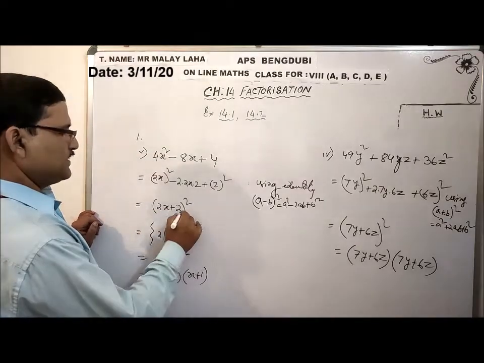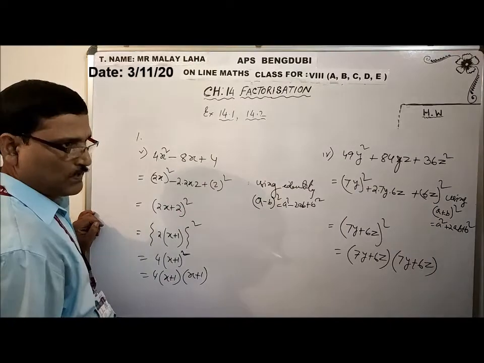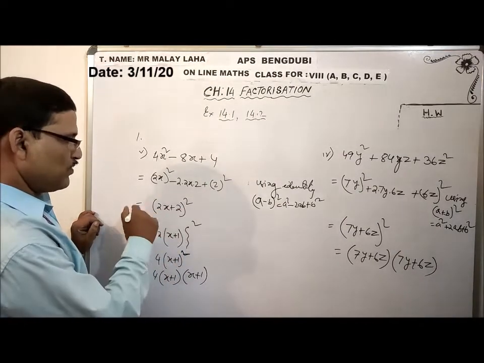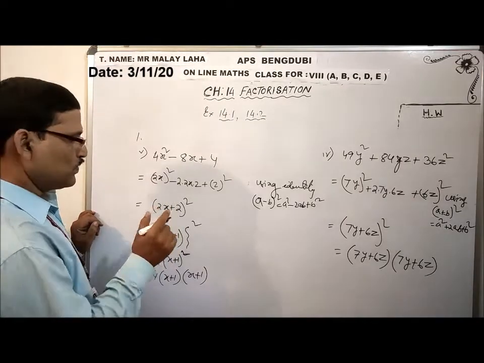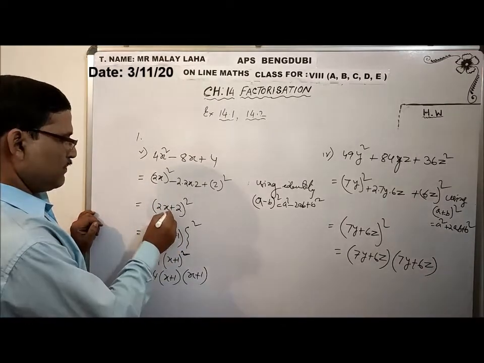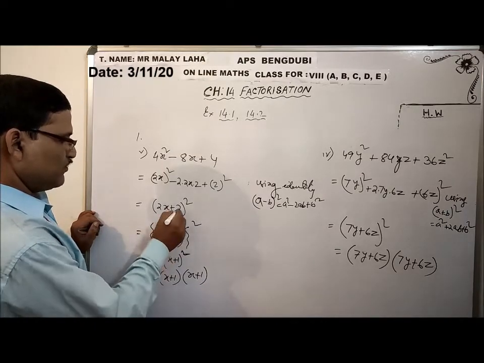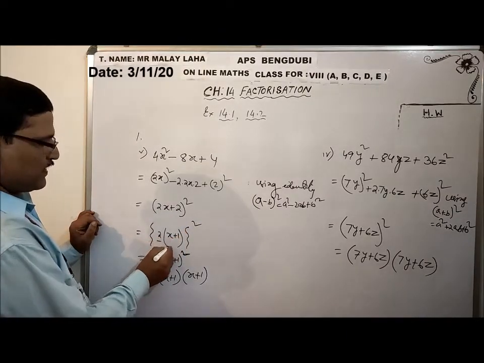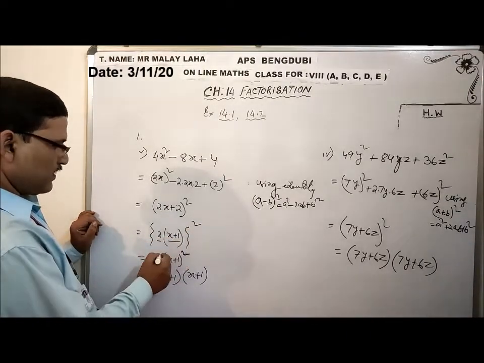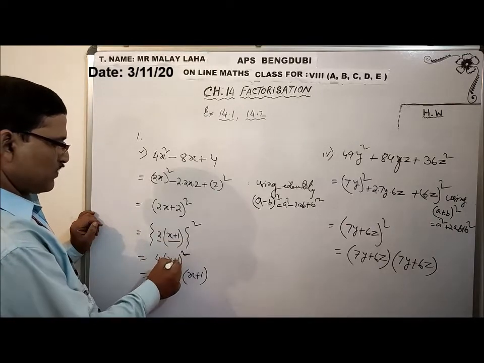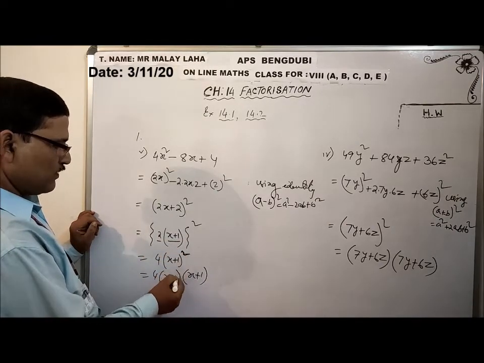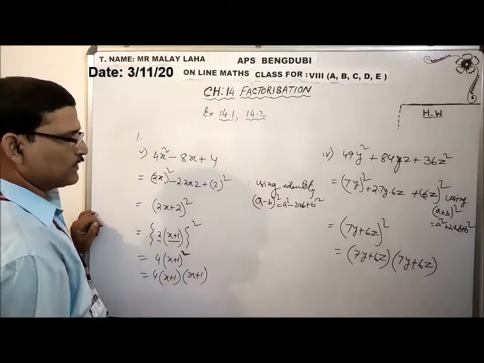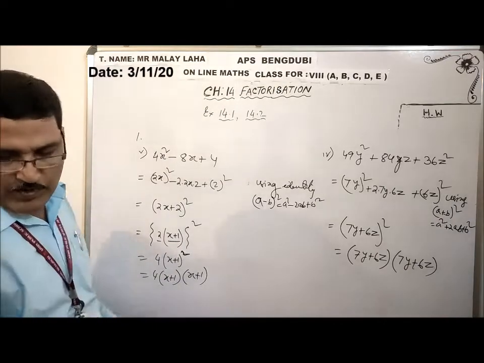After that, if someone is writing 2x plus 2, 2x plus 2, this is not the simplest form. So in a and b, if you can take common further, you have to do it. So in a and b, 2 is common. If I take 2 common, it will be x and 1, and overall whole square. This whole square is for this factor and this factor both. So if I square 2, it will be 4, and if I square the bracket, I can write it this way. Square means 2 times, you have to write 2 times this way, x plus 1, x plus 1. Very important part.